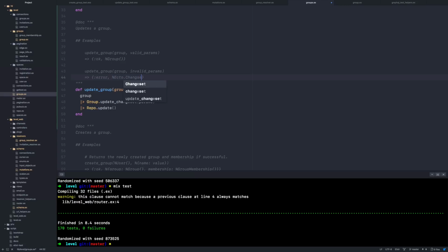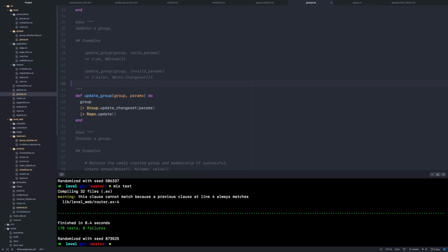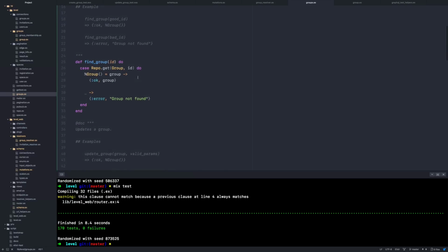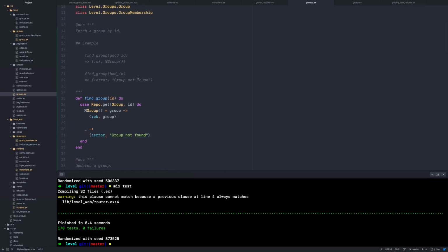Another thing is we're writing update group and find group, which are things that something like Rails would give you out of the box. It's kind of an interesting choice. Well, I think so. I mean, I could definitely just do this in that resolver, but my